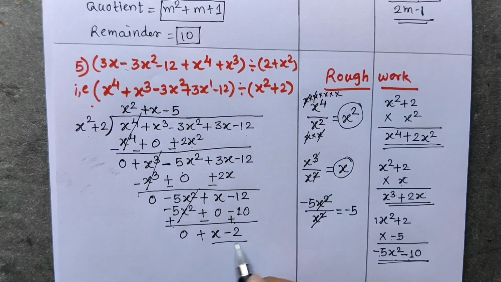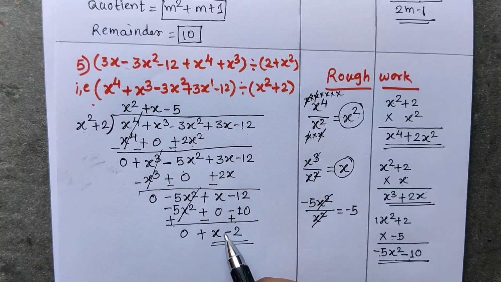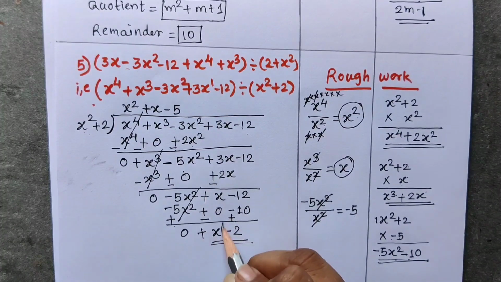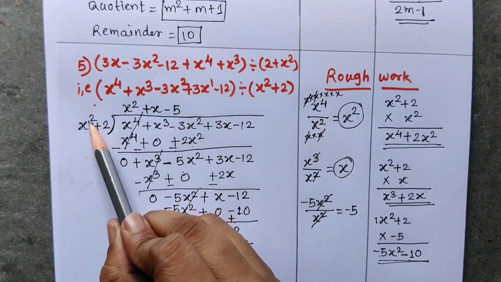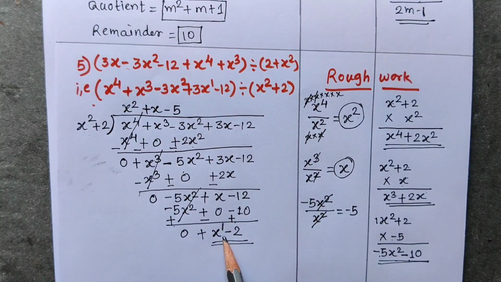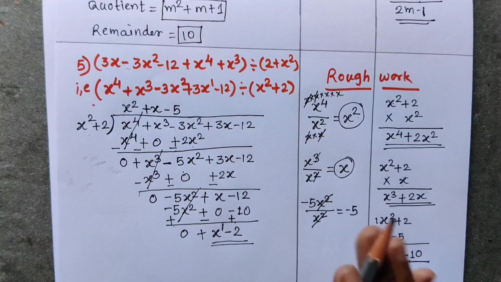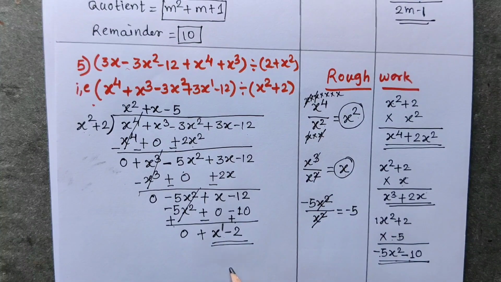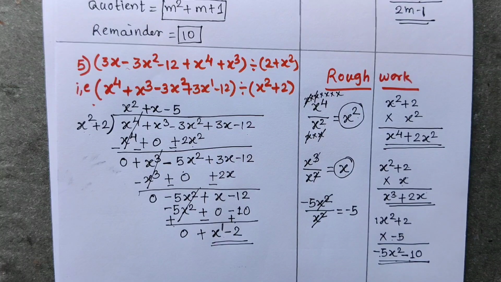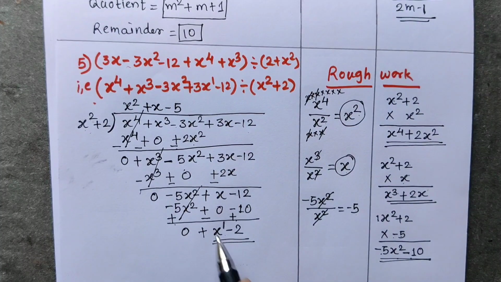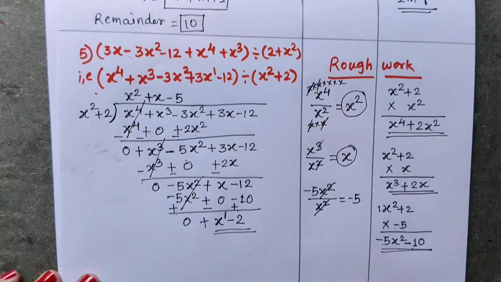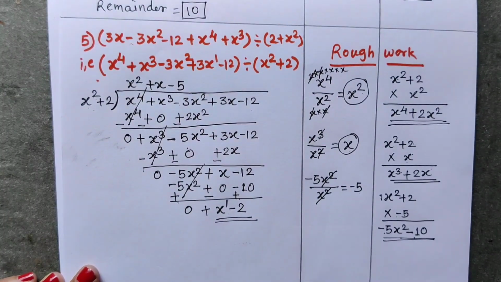So now let us check the index here. Index of x here is 1. Here the index is 1 and here the index is 2. So when the divisor's index is bigger than the dividend's index, we cannot solve after that. We have to stop here. Here we are getting a smaller index than the divisor's index, so we have to stop here. This will be our remainder and this is our quotient. So write the remainder and quotient now.